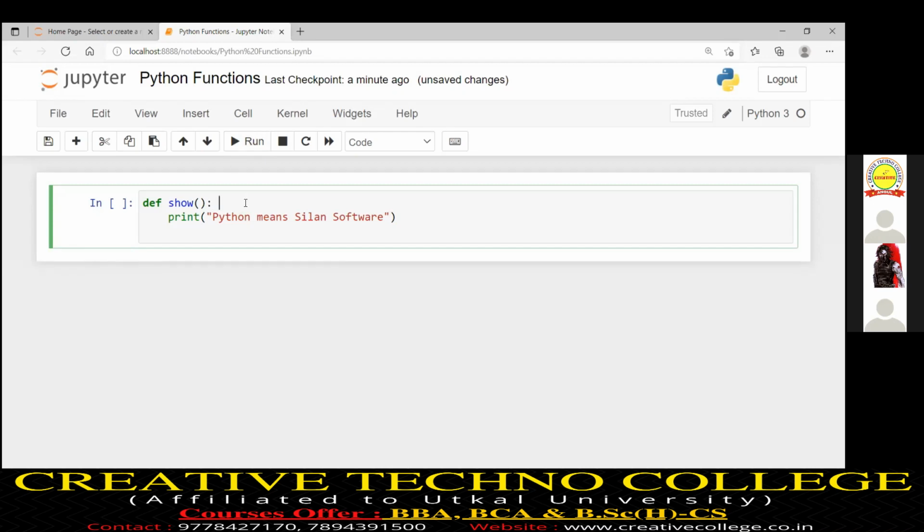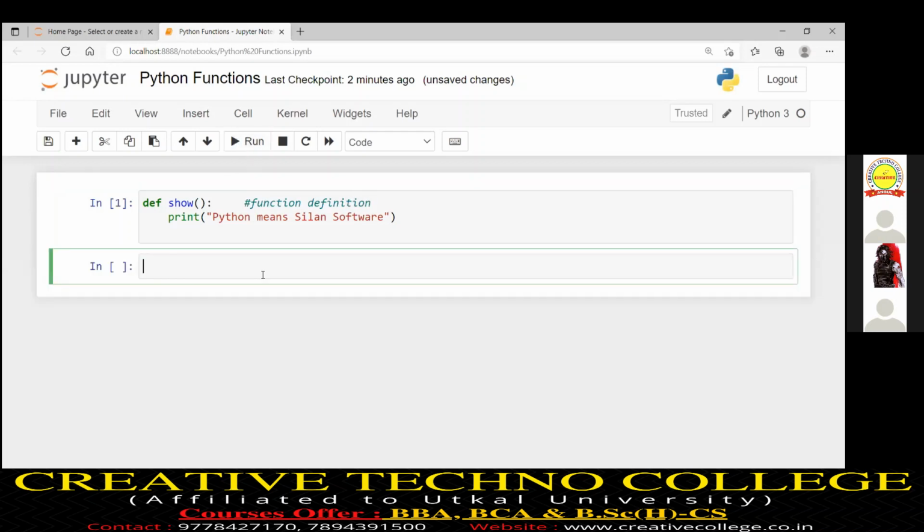This is the function definition. Suppose I hit run, no output is coming. I defined a function, the function name is show, but when I executed it, I did not get any output, because you only defined a function.